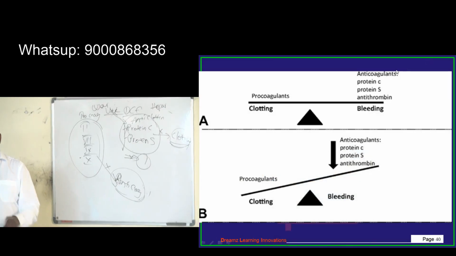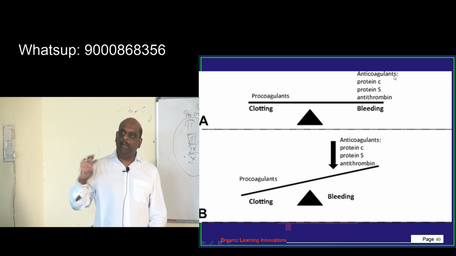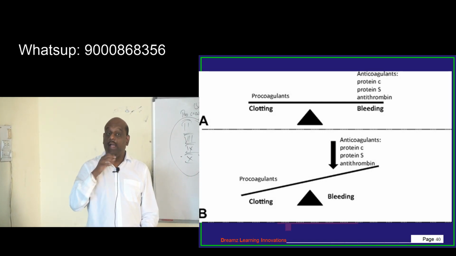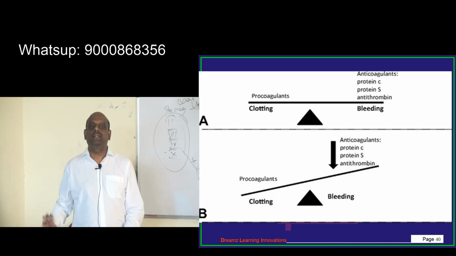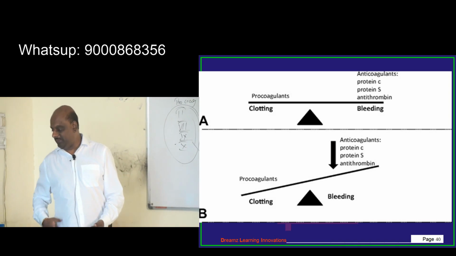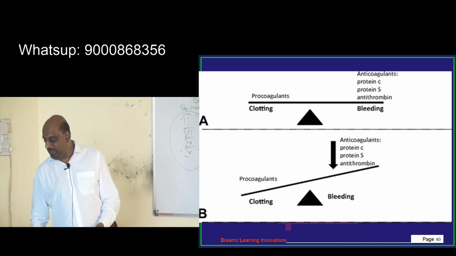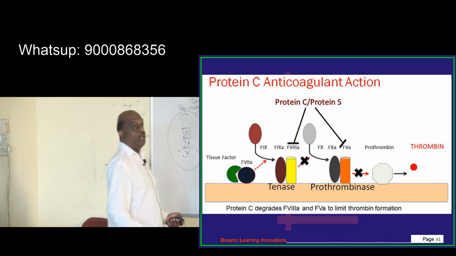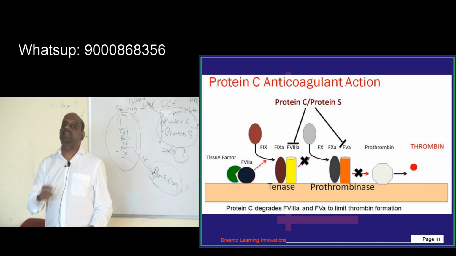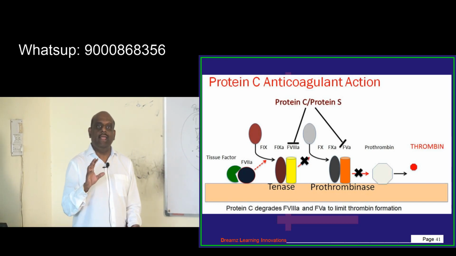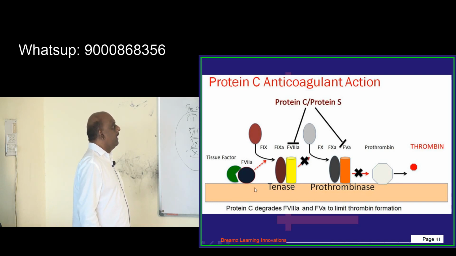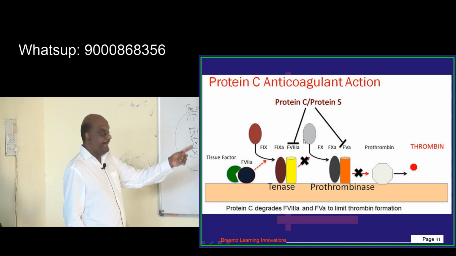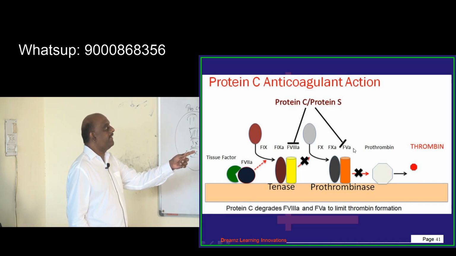After this session is over, you should pick up antiplatelet drugs, thrombolytics, fibrinolytics, antifibrinolytics, and coagulation cascade. Invariably, one question is going to come, which you cannot escape. Now, why are protein C, protein S naturally anti-clotting in nature? What is their mechanism? Typically, protein C, protein S, they degrade the factor 8A and also they degrade the factor